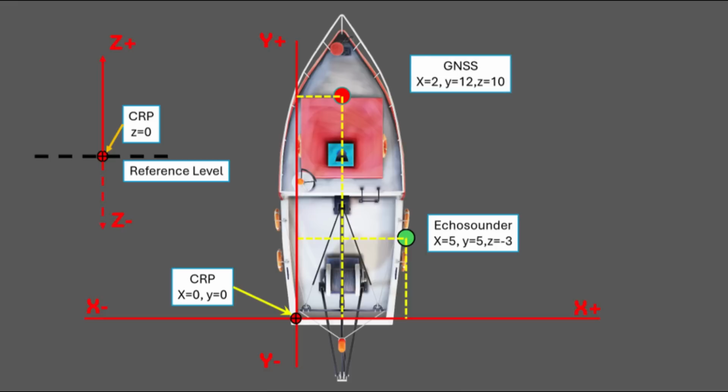Next, you must measure and establish the sensor's offset point. The offset has to be measured in X, Y and Z with reference to the CRP. As a side note, you can later change your CRP to any other desired offset point. But remember, that will change the offset measurement of all the offsets as the origin point changes.